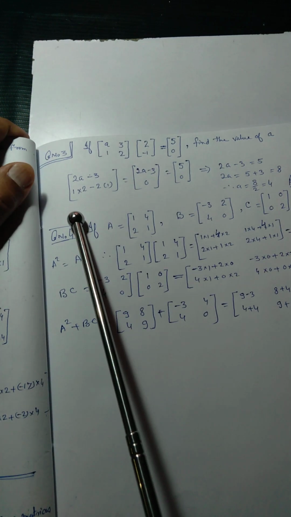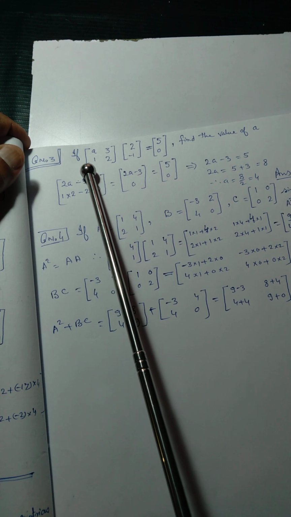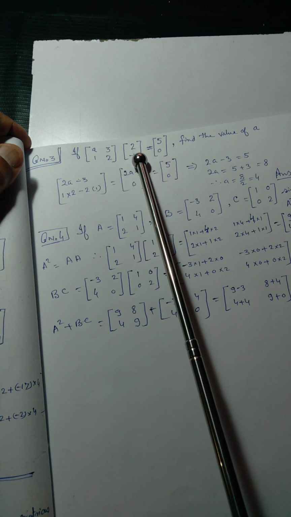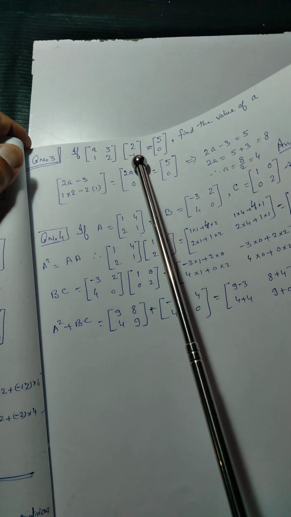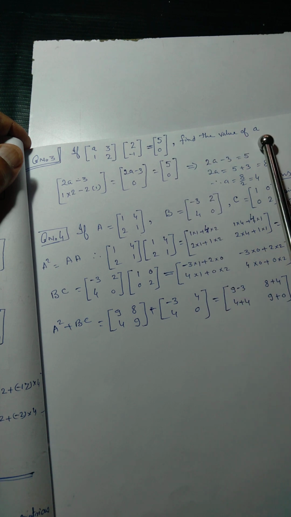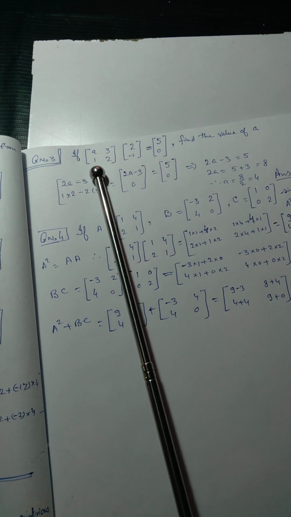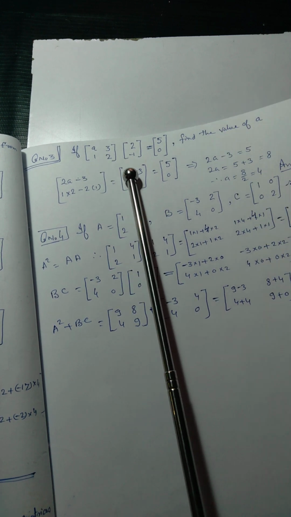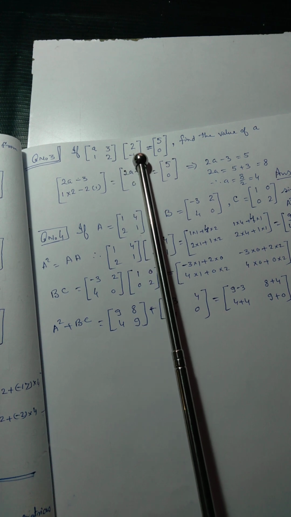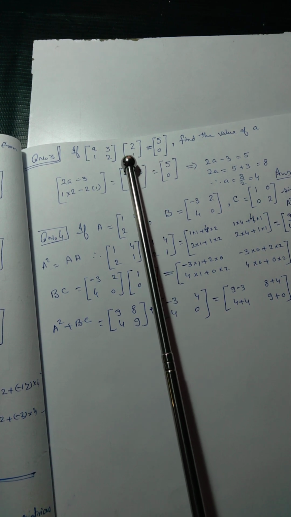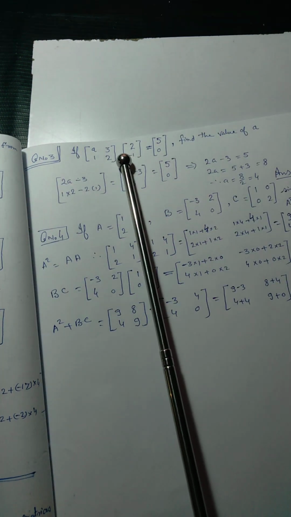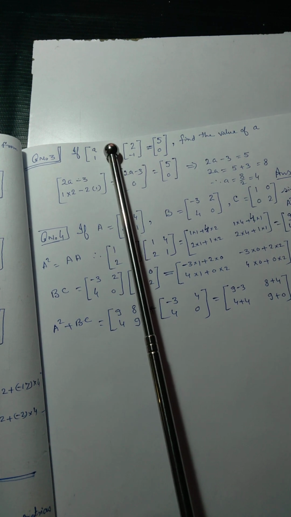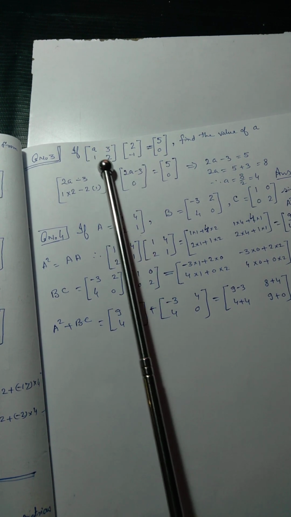Now proceed for question number 3. If a matrix A 3 1 2 times 2 minus 1 is equal to 5 0, find the value of A. You see, there is a matrix having the elements A and 3 and 1 and 2. There is another matrix having 2 into 1 order, that is 2 rows and 1 column. So 2 will be multiplied to this corresponding element of the row 1. You see, A into